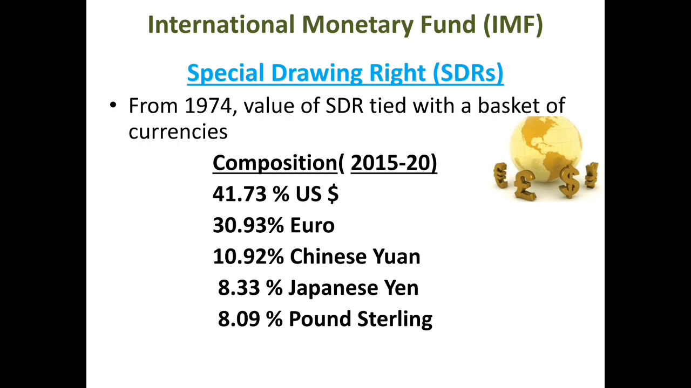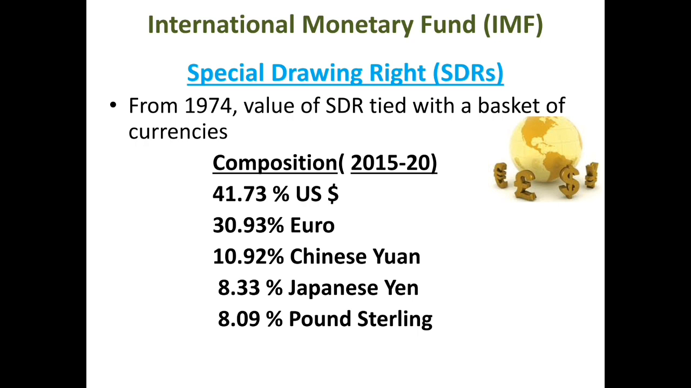Initially, when SDR was introduced, the value was determined as 1 SDR equal to $1. But from 1974, the value of SDR is tied to a basket of currencies. It's a weighted average, and these weights are revised every 5 years. The 2015-20 weights are like this: